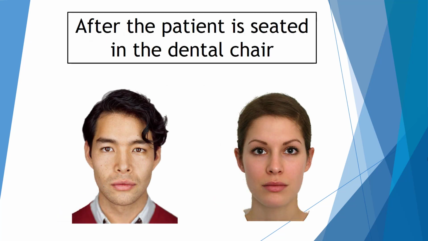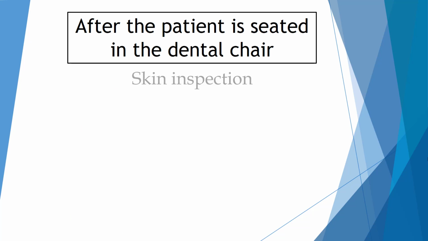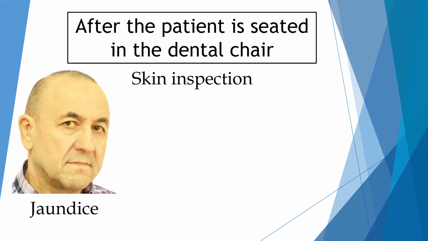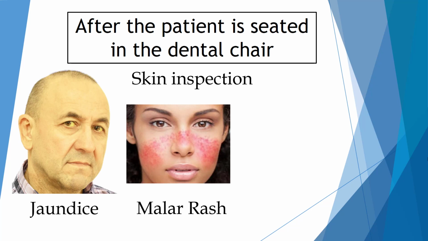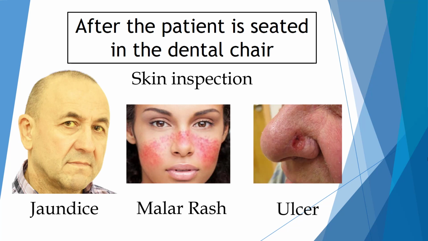Now, after the patient is seated in the dental chair and after taking the relevant history, one easy yet systematic way is to look at the general appearance of the head and face, then start a more detailed examination from the top to the bottom of the face, then including the upper neck. So the face or head in general should be inspected for any asymmetry between the right and left sides. Then a skin inspection of the entire face should be done to check for any changes in the color, such as for patients with severe jaundice, the presence of rashes, or other skin lesions.